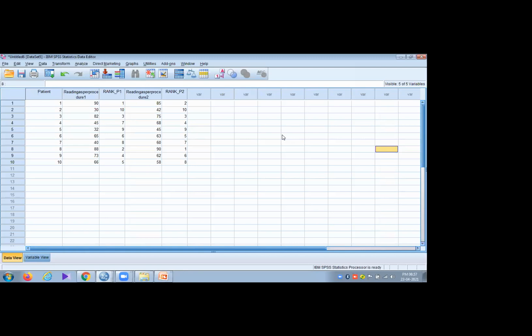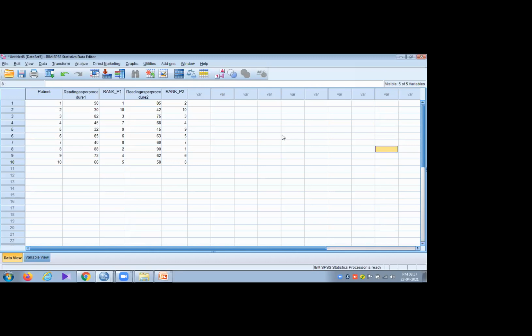And if one is a continuous variable and the other one is nominal or dichotomous, if one variable has only two responses and the other variable is continuous, then we use another kind of correlation analysis called point biserial correlation.